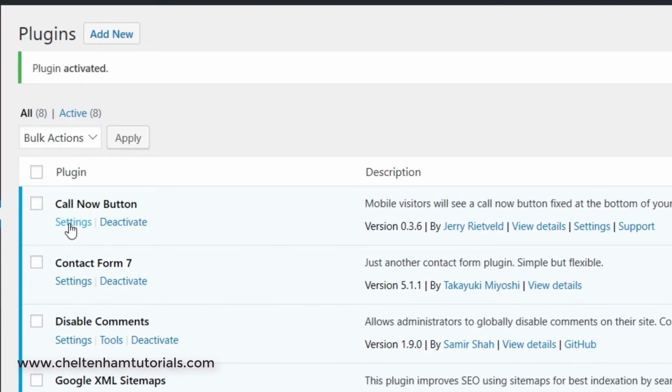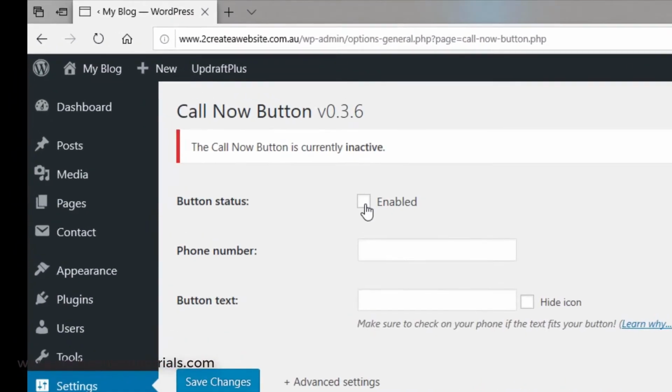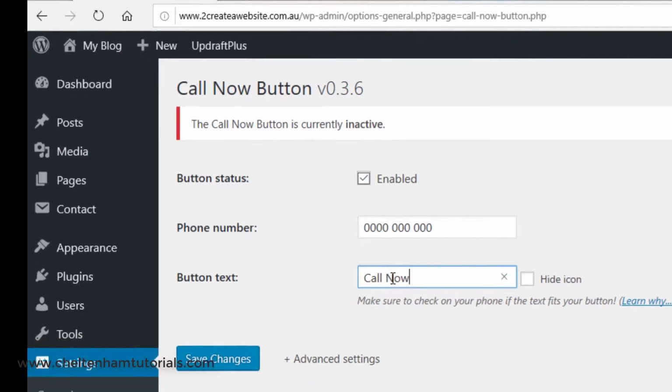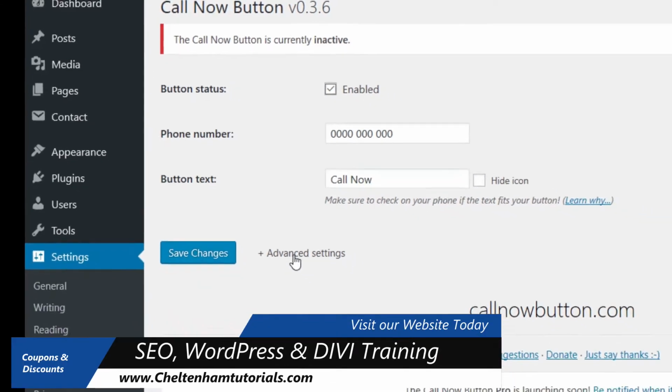So if I go here and click on Settings, first of all I click here to enable it. Then I enter a phone number here. We can then enter some button text, so something like Call Now. We can just go with that, but if you click on where it says Advanced Settings,